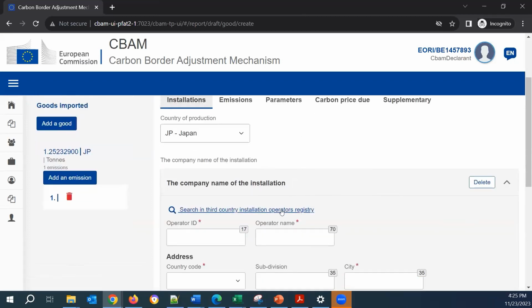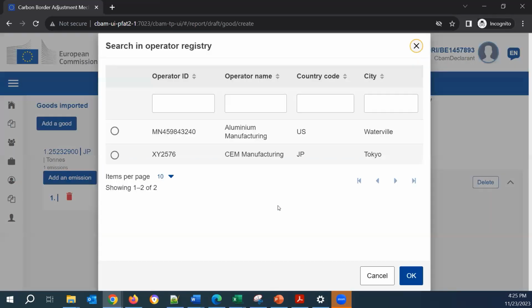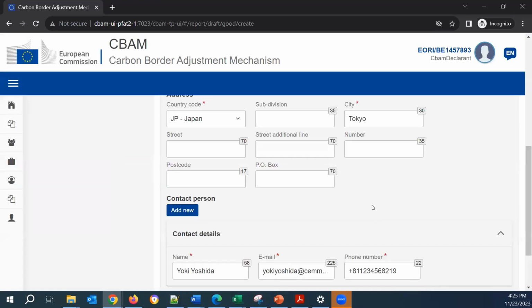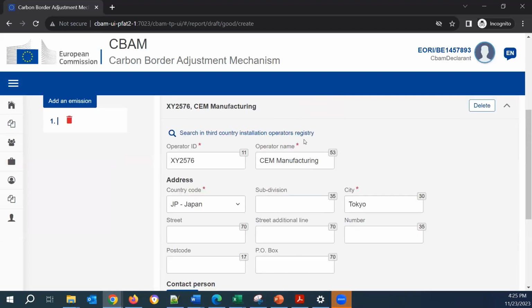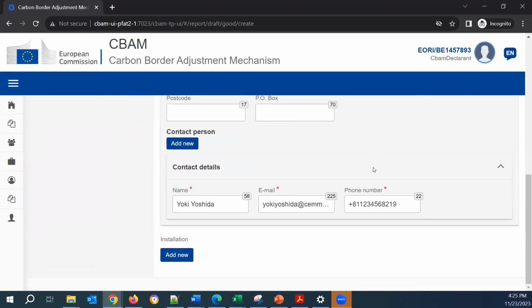I will search in my operators registry. I will click on SEM manufacturing in Japan. I will press OK. And the third country installation operators information is pre-filled.